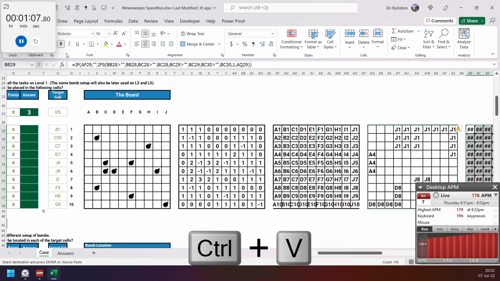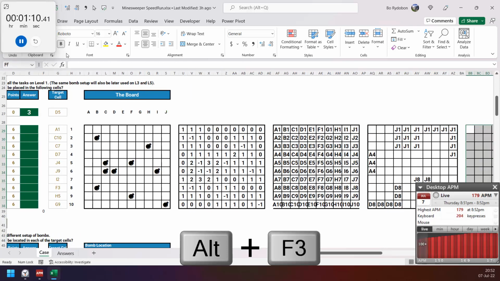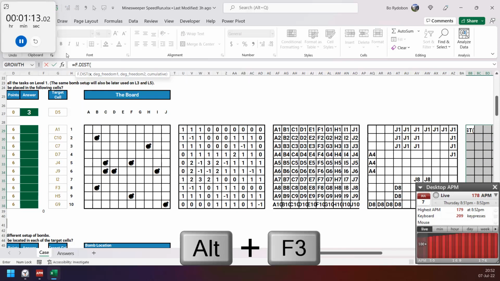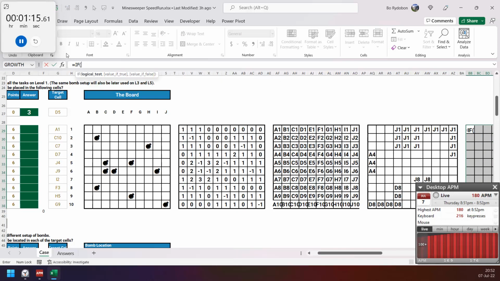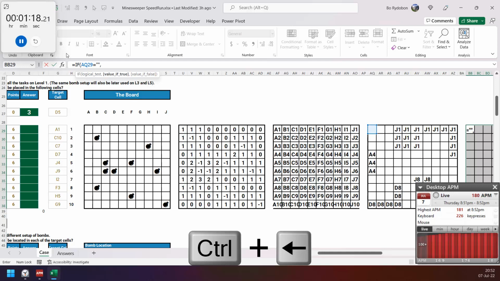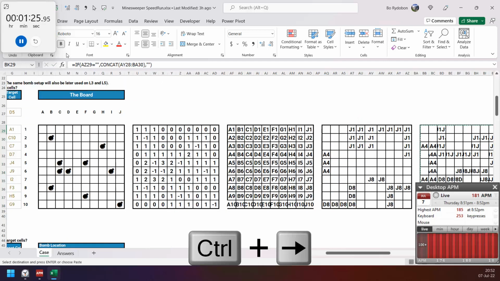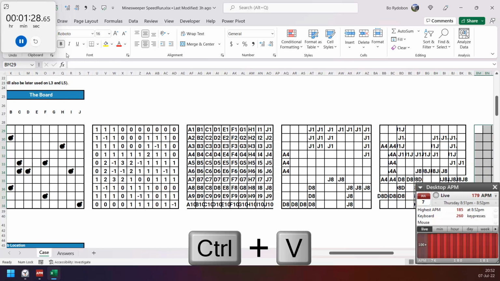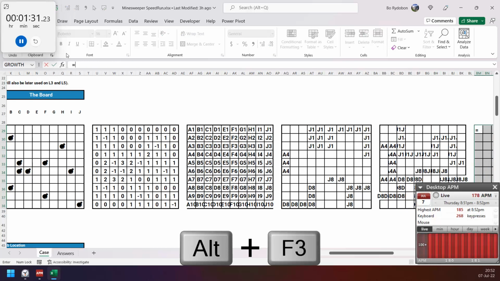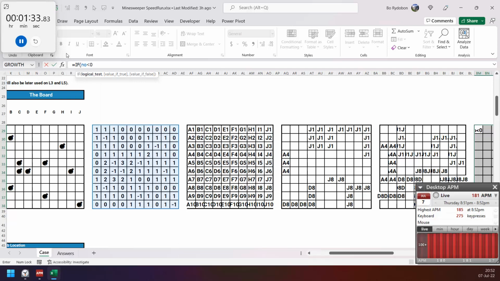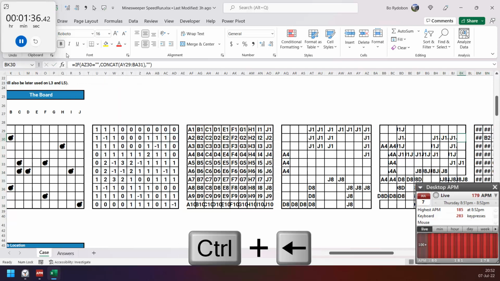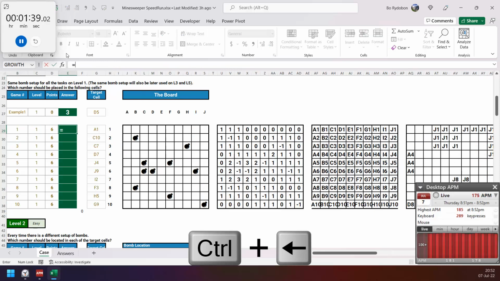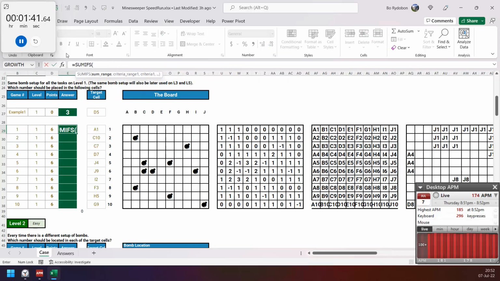Then next is the 8, so I name this one FF. If the area is blank, then give me the concat of the area around this one, else give me blank. Then next is the bomb address, so if number is less than 0, give me the address. Then this one is a simple SUMIF of number by address for this cell.